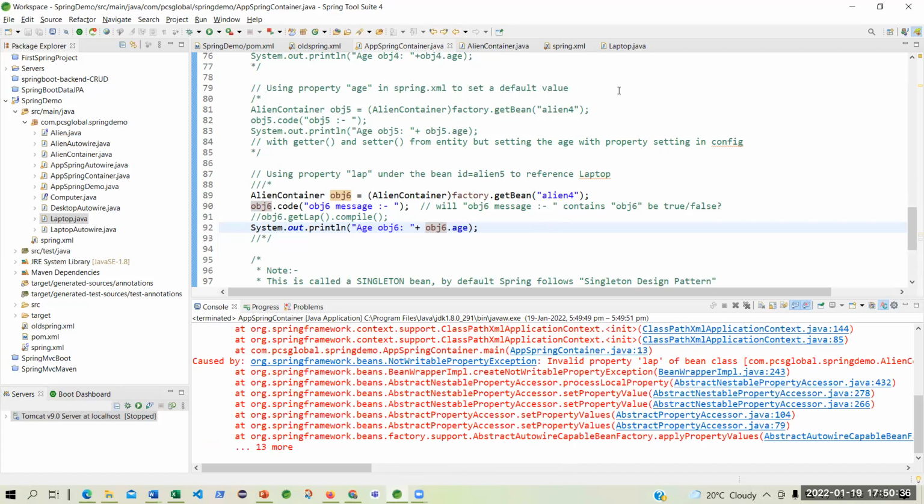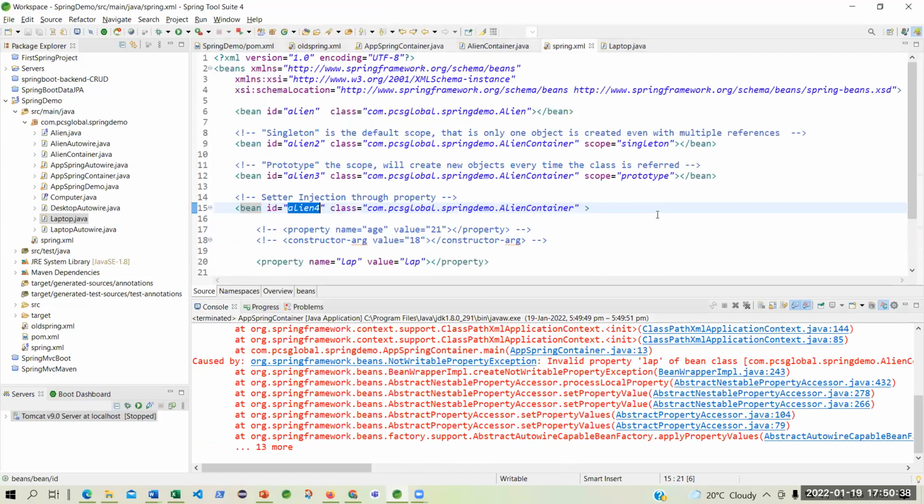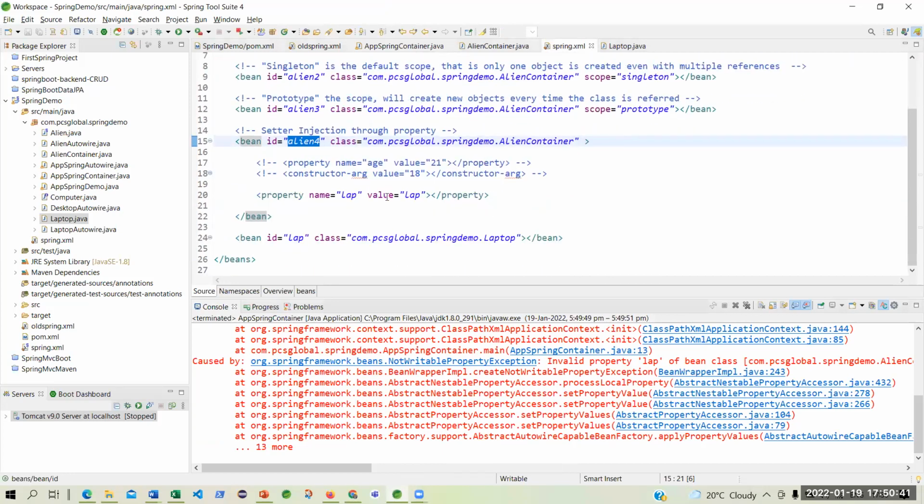So what do I do? I will have to change the configuration. I cannot use a value. I can use an attribute called ref to refer to an object. This value is for a property, but this ref is for an object called lap.